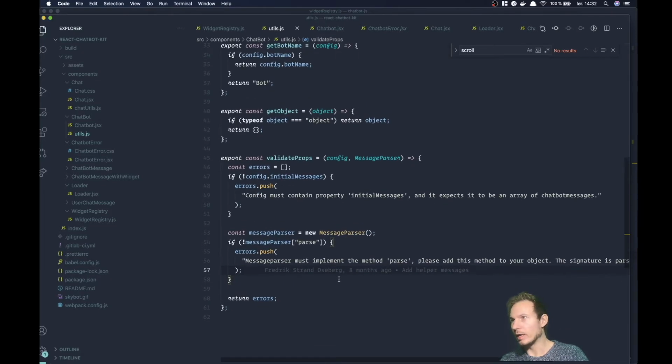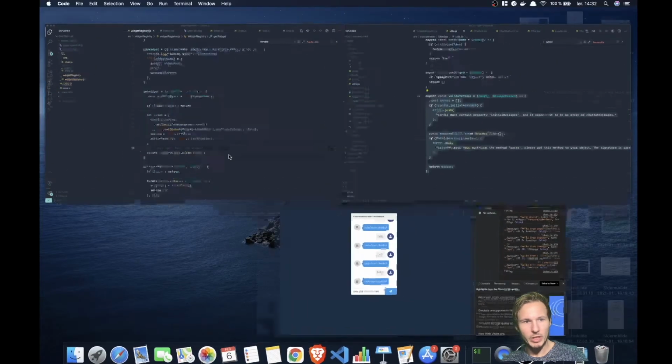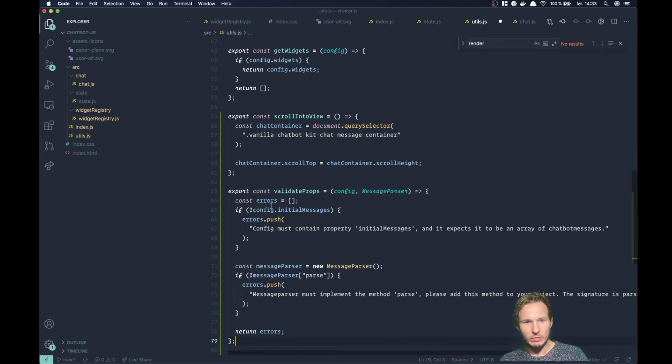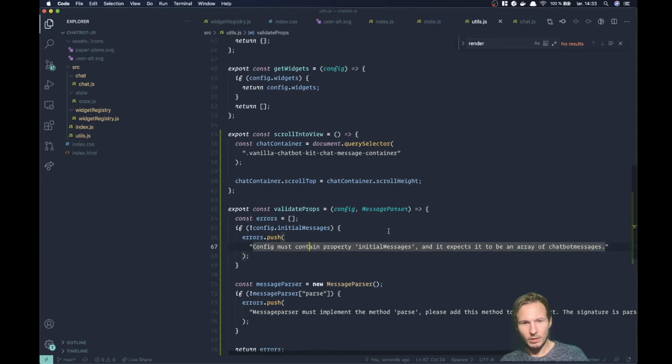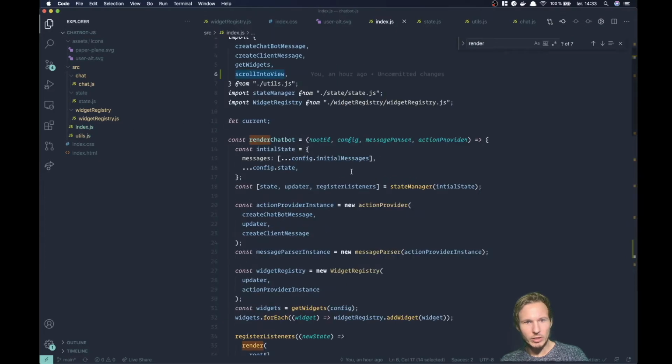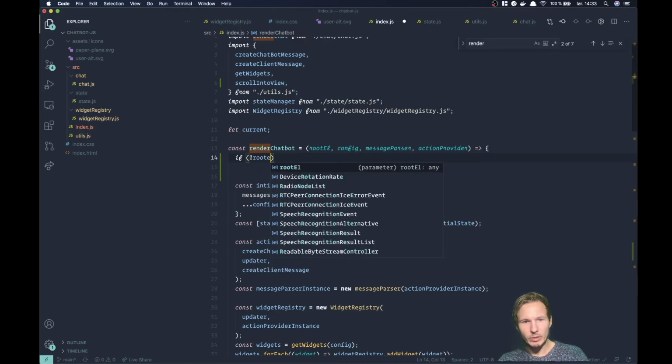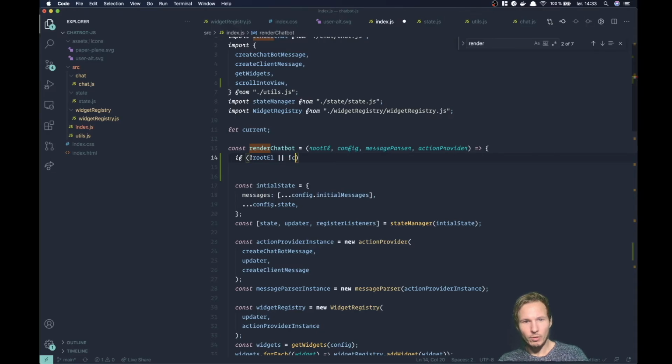So we're going to go ahead and implement this as well in the plain.js version. So I'm going to go to utils. I'll place this validate props function here. And let's go to our index.js. And inside of render here, we'll check if there is not a root element or no config or no message parser or no action provider,